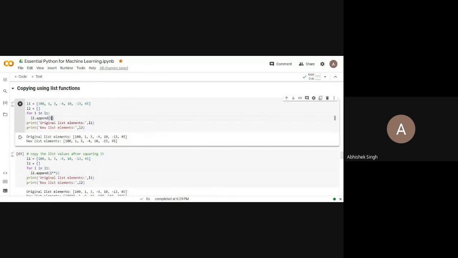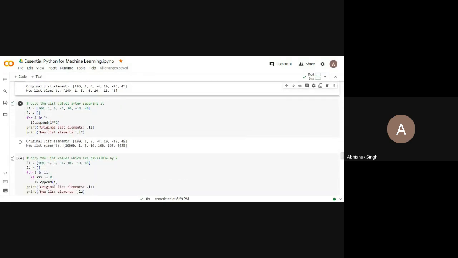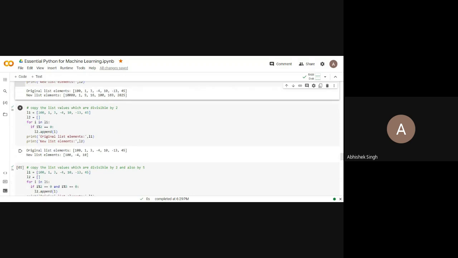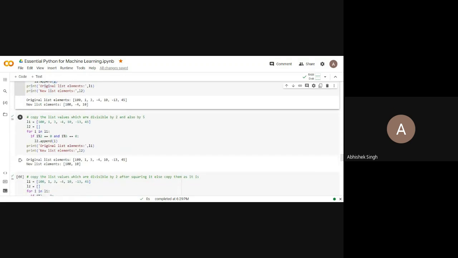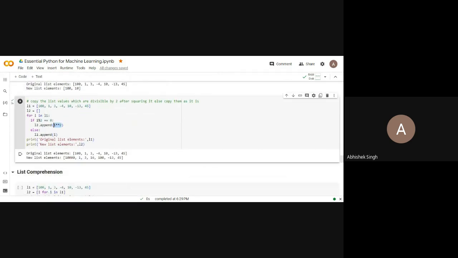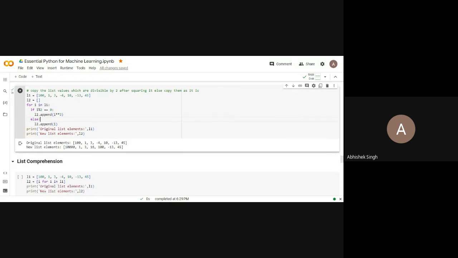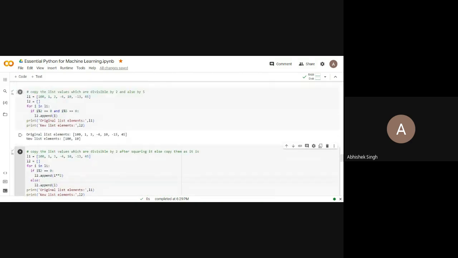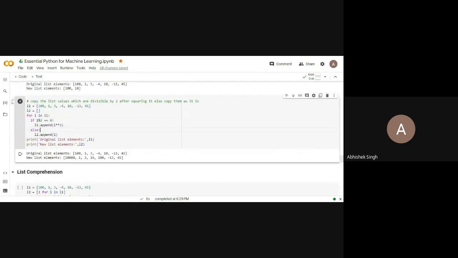we have one output, that is I. Again, one output, I square. Again, one output, I. Again, one output, I. But here we have two outputs, I square as well as I. So I'm just showing you a shortcut. I am just teaching you a trick to how to write list comprehension. First, you have to just realize how many outputs are there. There will be one output or there can be more than one output.